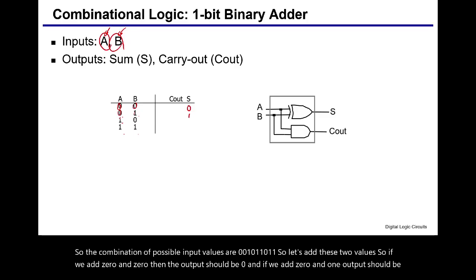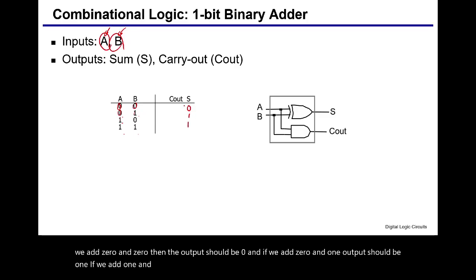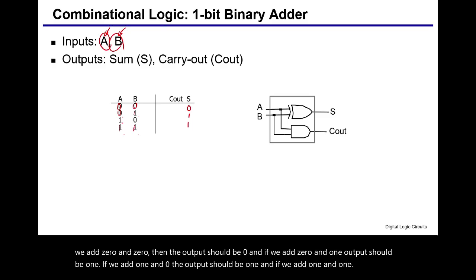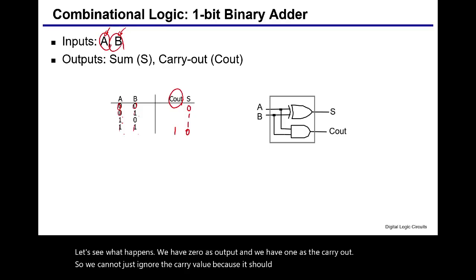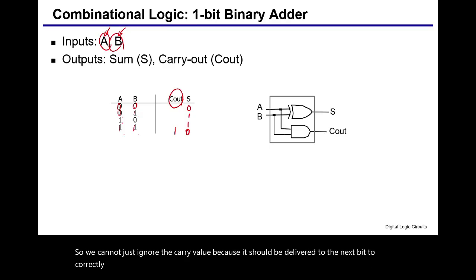If we add 1 and 0, the output should be 1. And if we add 1 and 1, let's see what happens. We have 0 as output, and we have 1 as the carry out. So we cannot just ignore the carry value, because it should be delivered to the next bit to correctly add multiple bits. So if we have 8-bit adders, then by adding the